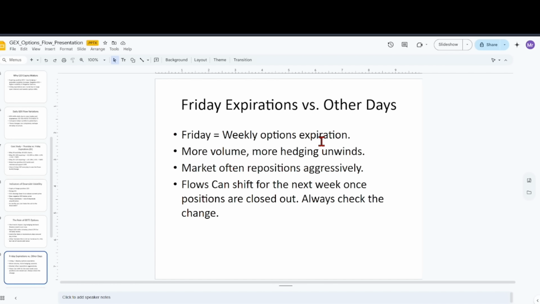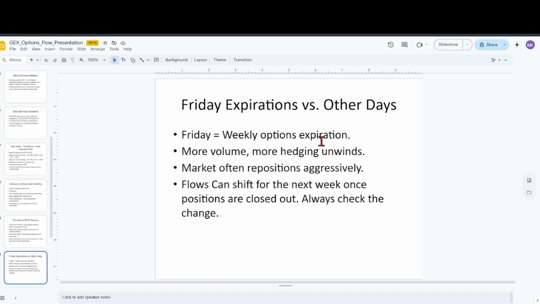Now, I've said here about the Friday expirations. This is where all the business is done. This can shift massively in a week. I think if you want to go on to Mentor Q, for example, and have a look at last week